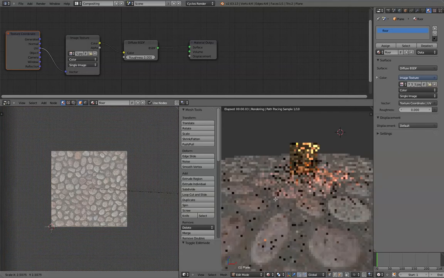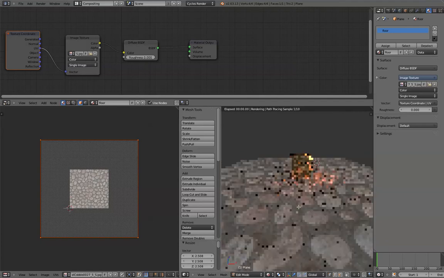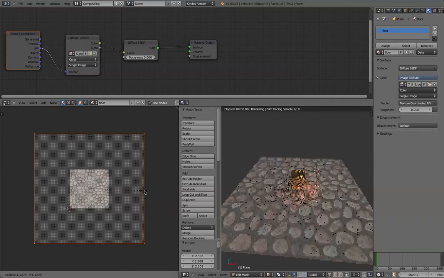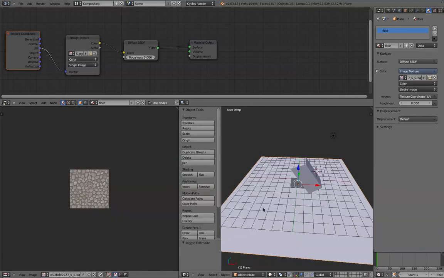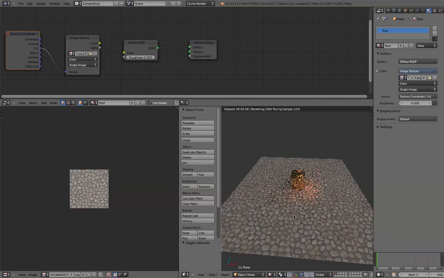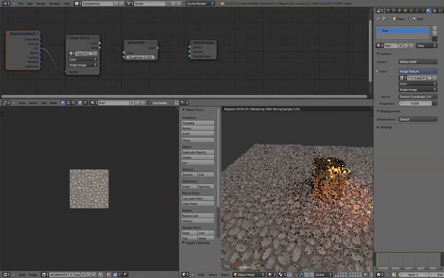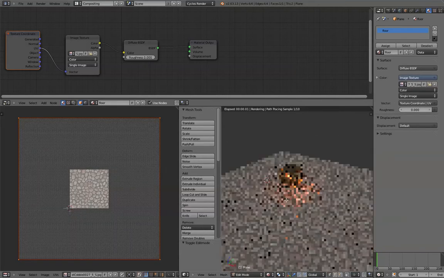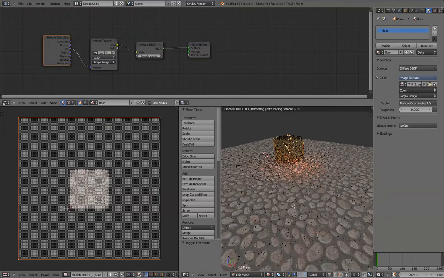our coordinates here. Now, really good trick when you have a texture that tiles. Pardon me. When you have a texture that tiles, if you scale up your UVs, it will scale down the texture like this. Tab in, scale it up a bit, tab out. And we've got some nice cobbles here. But